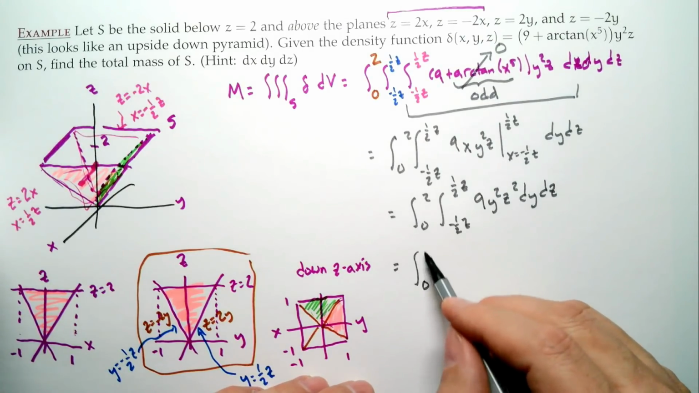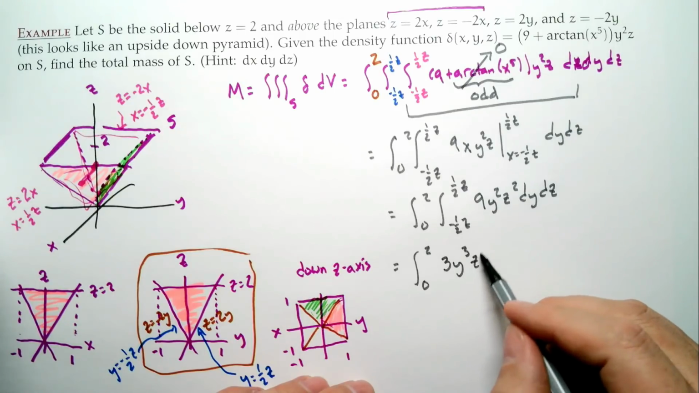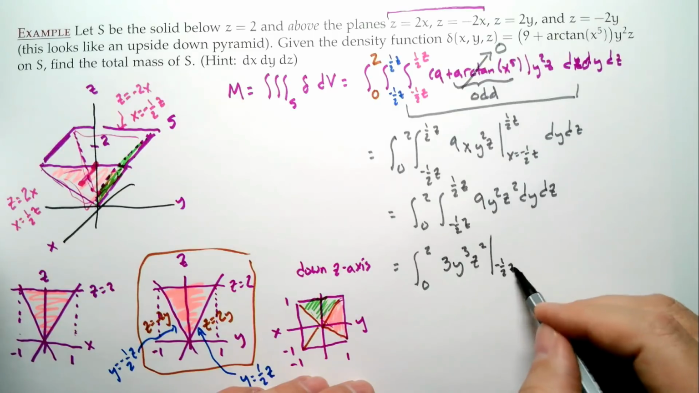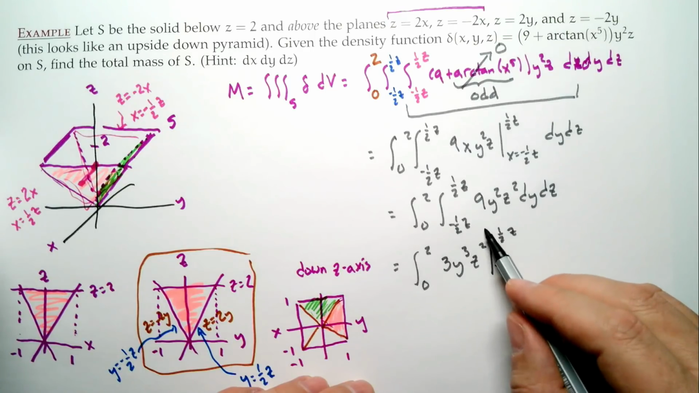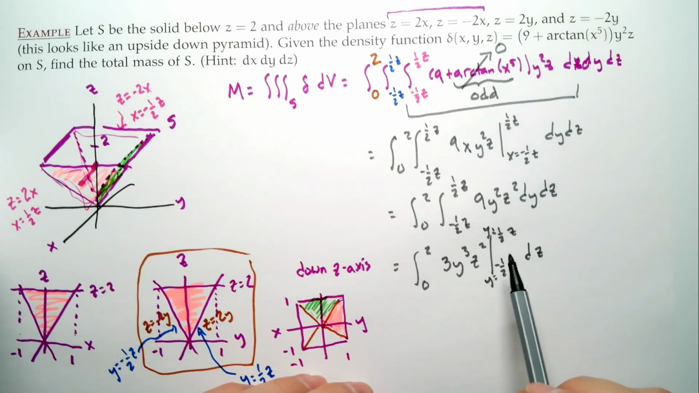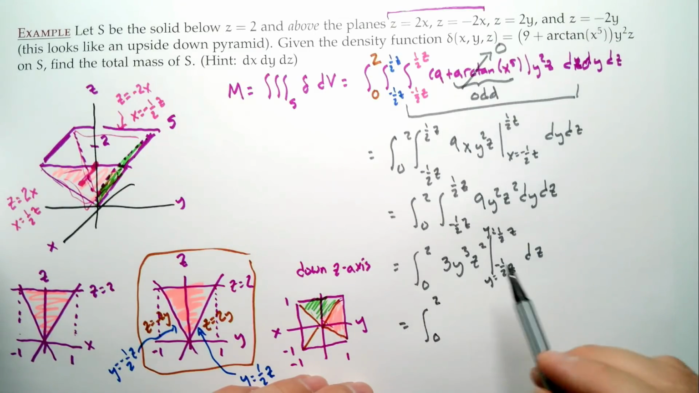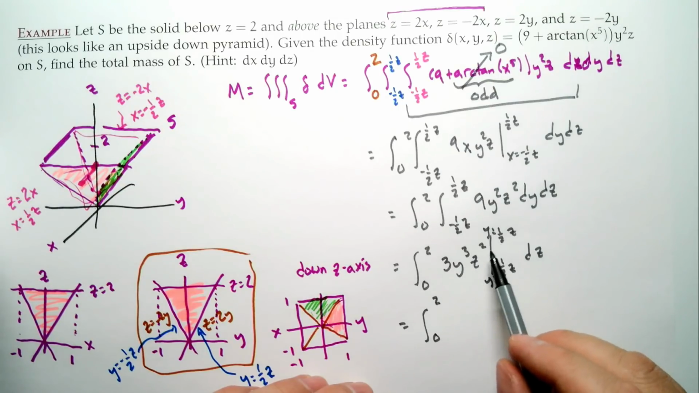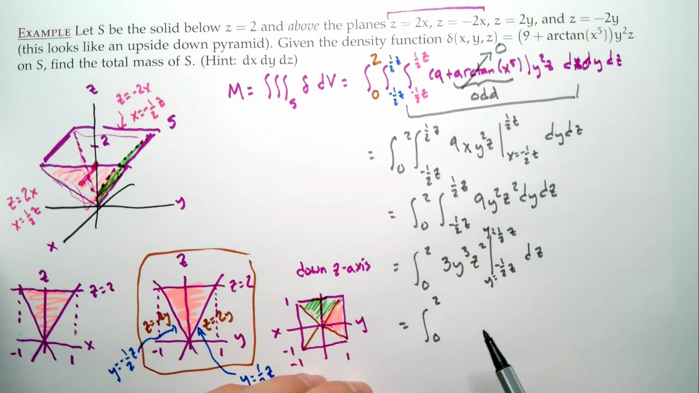All right, well, this becomes integral 0 to 2, and now we integrate with respect to y. We're going to get 3y cubed z squared evaluated from negative 1/2 z to positive 1/2 z and dz. I should say these are y equals. All right, y equals, dz. Well, okay, what happens here? Well, 1/2 cubed is going to become 1/8. And so what we're going to get is this is going to be the integral 0 to 2. All right, we're going to get 3 times 1/2 cubed, that's 3/8. And then we have z cubed and z squared, which should become